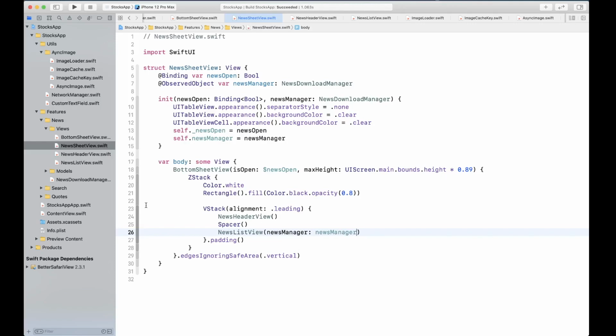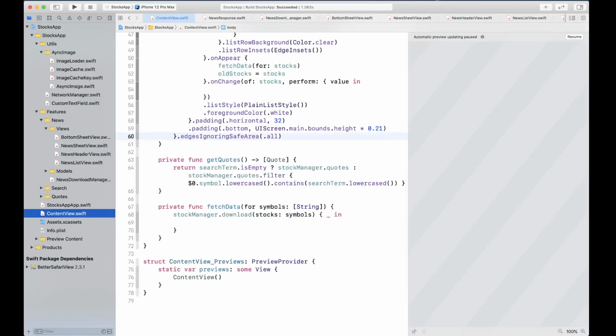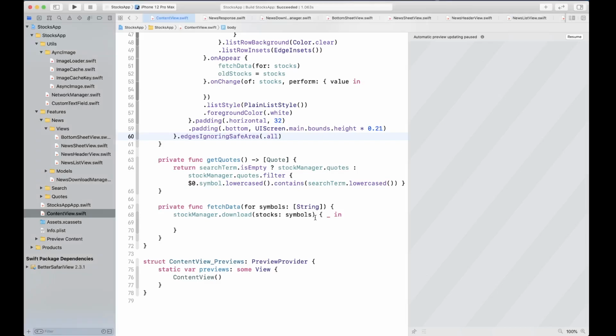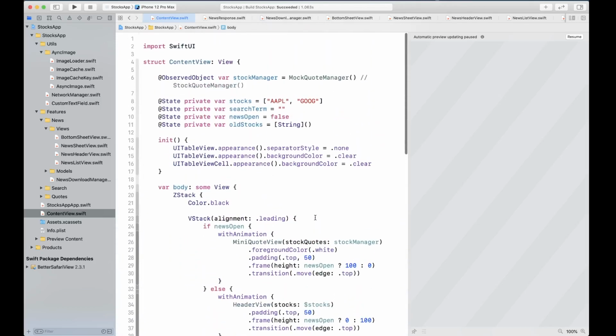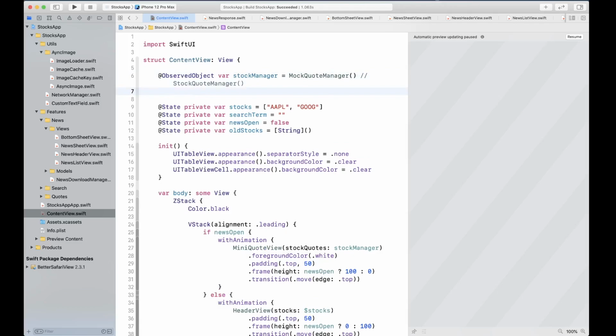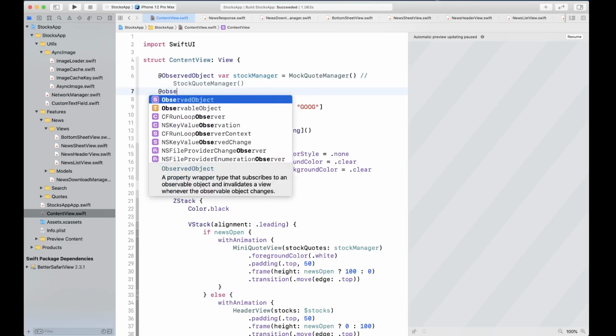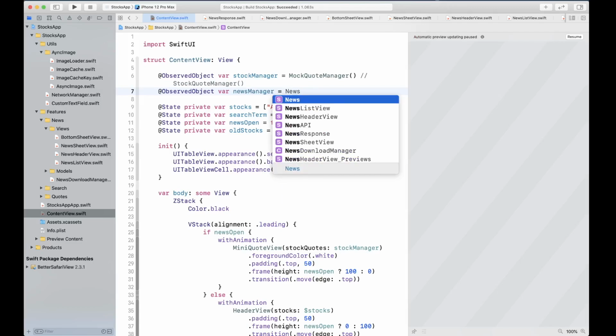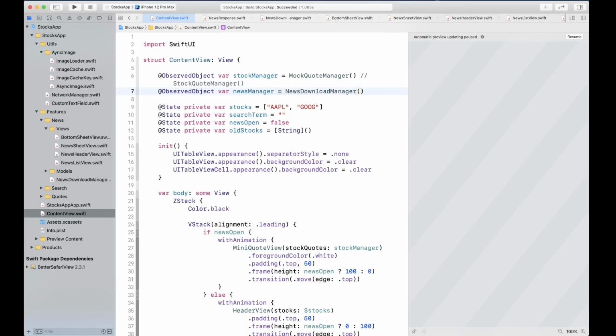All right, next let's go into our content view, and inside the content view, what we need to do basically is we need to get a news manager, news download manager instance. So let's go at the top, and right where you have your observed object for stock manager, we're gonna create a new observed object for news manager. Okay, and this is going to be news download manager.